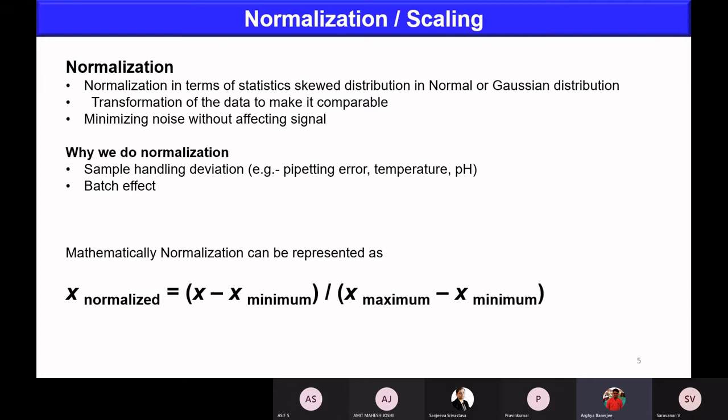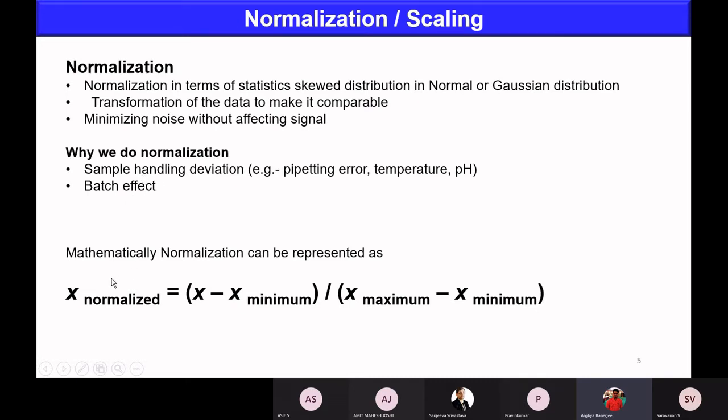Second is the batch effect. Suppose you are doing an experiment in the month of December, and in 2021 you do it in the month of February or March. Will you get the same result? Theoretically yes, but practically it might differ. So these kinds of effects can be called batch effect. Whether you are doing that experiment after 6 months, yearly or after 5 years, how much change can be introduced, what changes can be induced, whether they are comparable. So you can do a normalization on the batch effect also.